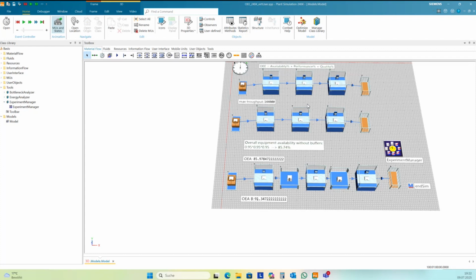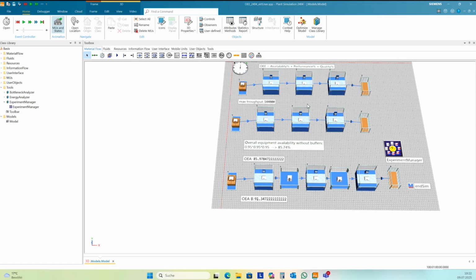Another group is performance losses caused by material, that the logistics is not able to support the stations with material each time at the right time, and so the station is waiting because of missing material.